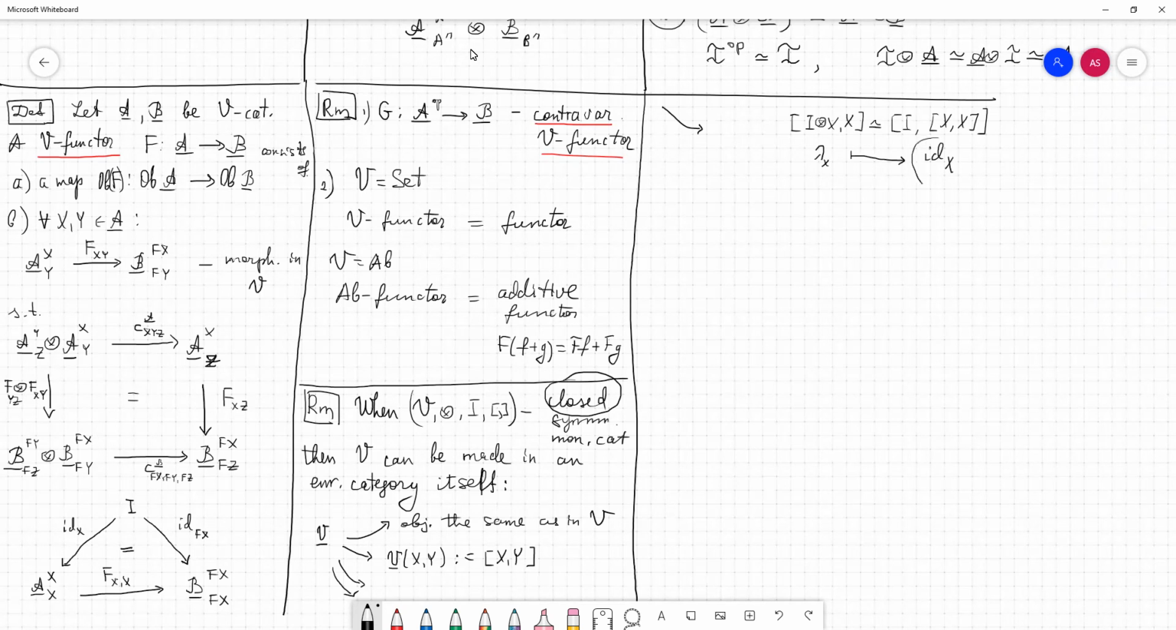So here is how to define the identity element of an object X. It's an adjoint of left uniter. Okay, and composition. Well,